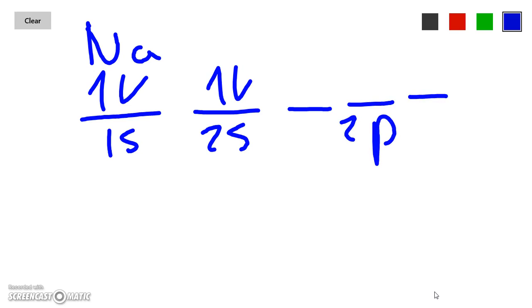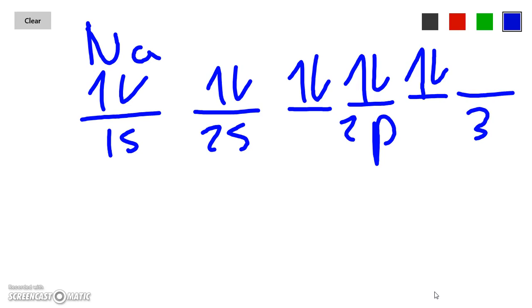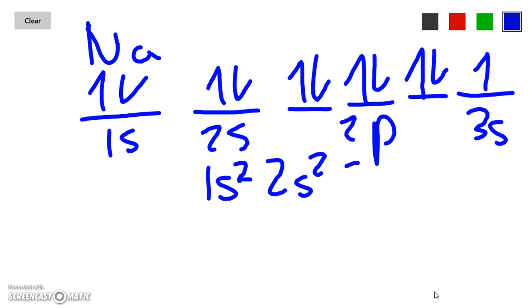Because of Hund's rule, we fill in one at a time before doubling back, and then 3s, which just has 1. So writing out the electron configuration, it would be 1s2, 2s2, 2p6, and then